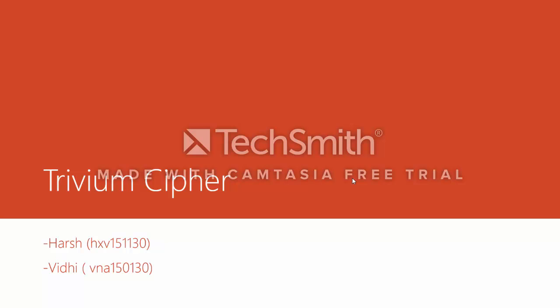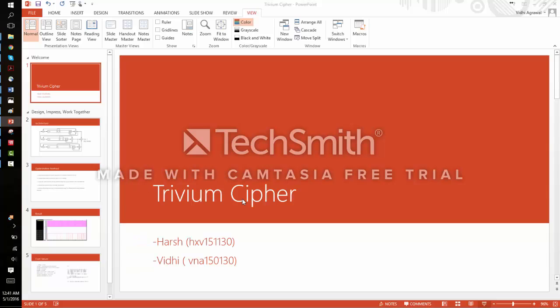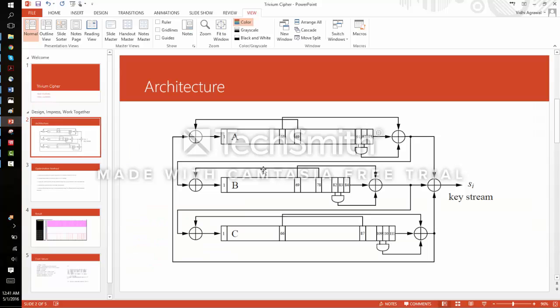This project is about the implementation of Trivium Cipher, which is a synchronous stream cipher, on Cadence using 0.13 nanometer technology. It's the simplest eSTREAM entrant. Here we can see its architecture. It consists of 3 shift registers whose outputs are connected to XOR, and this way we give 80 key bits and 80 initial values to generate a key stream of around 2 raised to power 64 bits.